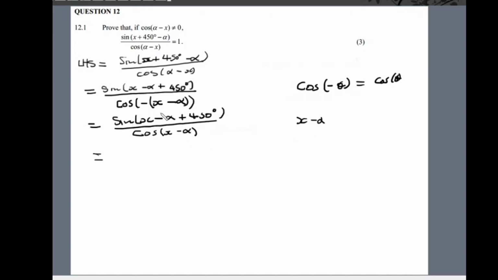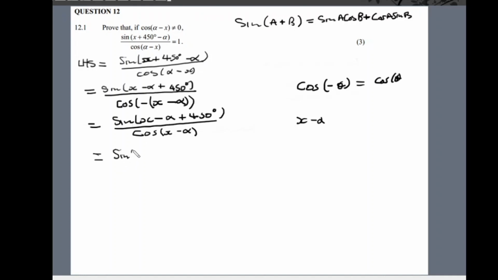And then lapha sizo apply this identity, sine a plus b is equals to sine a cos b plus cos a sine b, right? So now apply this identity ku numerator yako, uzoba no